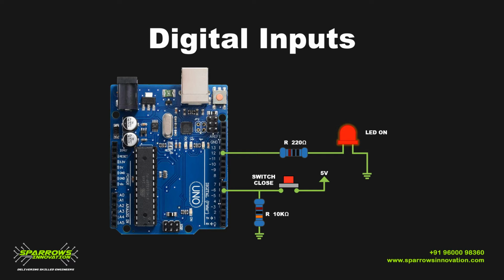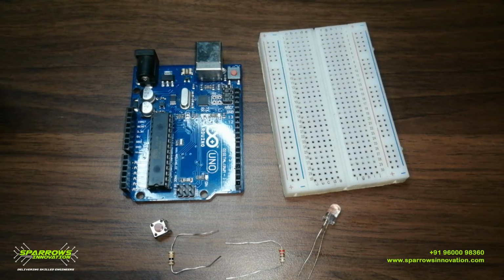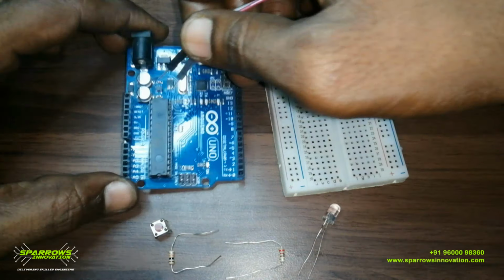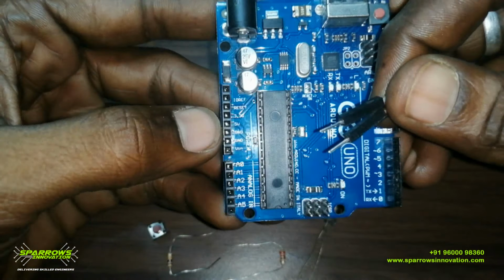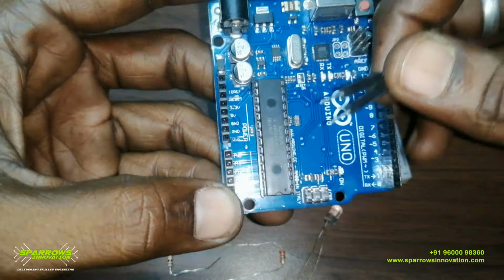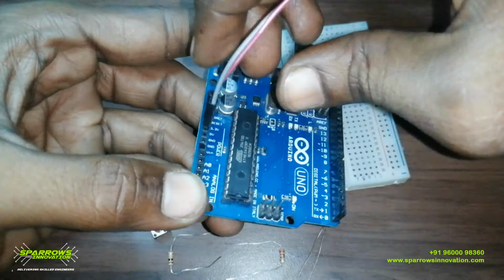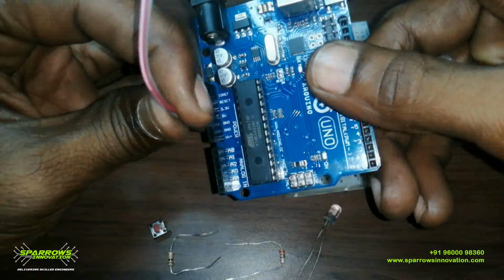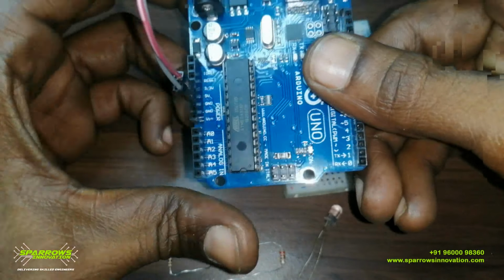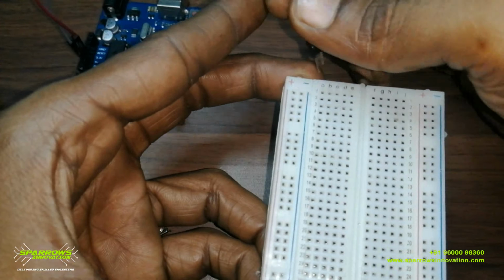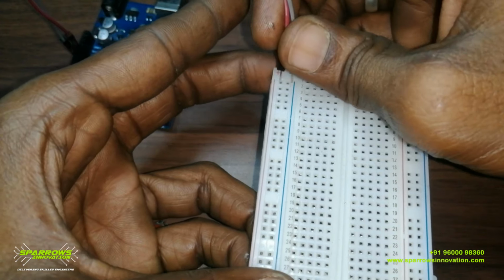For that, first we need to make the connections of this circuit. I'm going to take a breadboard and the Arduino. I'm going to connect the power supply from the Arduino to the breadboard first. So I'm going to connect 5 volt and ground by using jumper wires from the Arduino, and connect them to my breadboard. In the breadboard, I have the power source pins plus and minus. I'm going to connect the 5 volt to the plus and the ground to the minus.